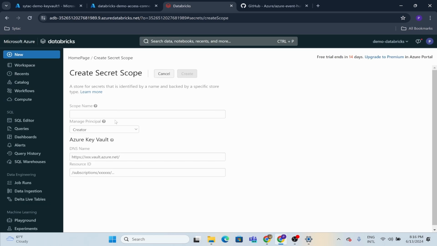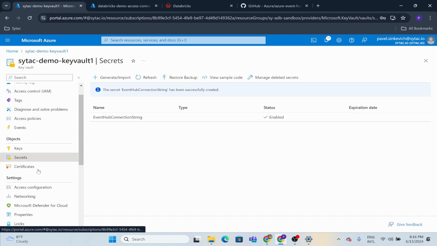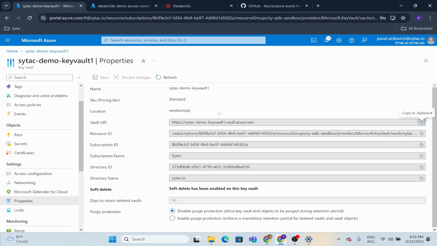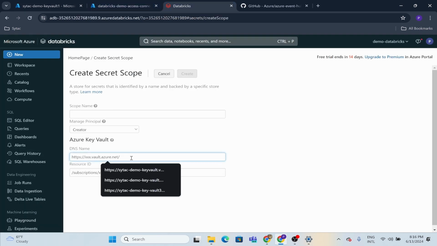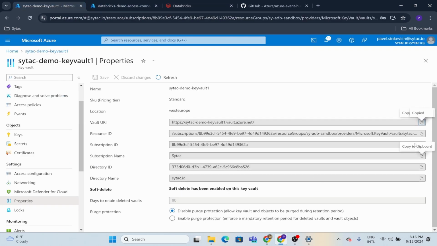Now we're here. So we can create a secret scope based on the Azure Key Vault. Let's go to our Azure Key Vault. And somewhere in the properties, it will give us the URI, which we can copy and paste here, and the resource ID. This is how you create a Databricks